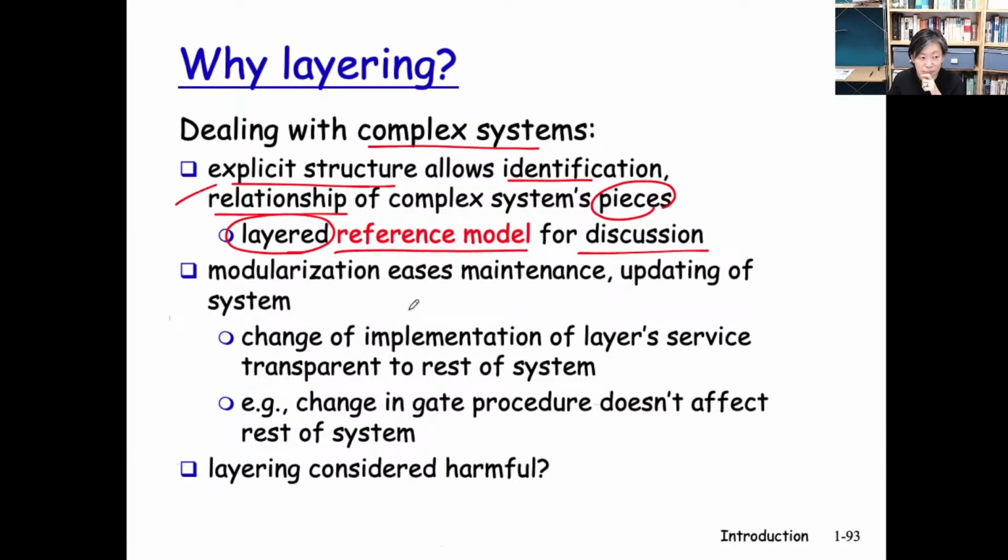This way of breaking a large complex system into pieces and defining the functionality of each piece is called modularization. After defining the functionality of each piece and finding out the relationships between the pieces, we implement each module's functionality. We also implement the interfaces to communicate from module to module. That is called modularization.